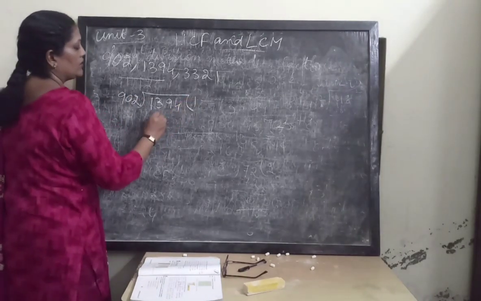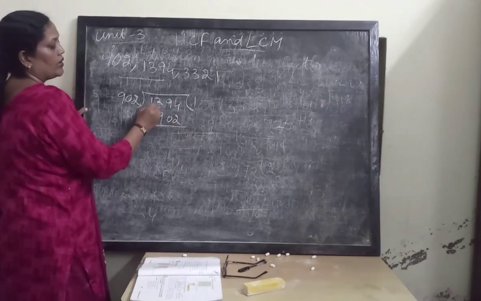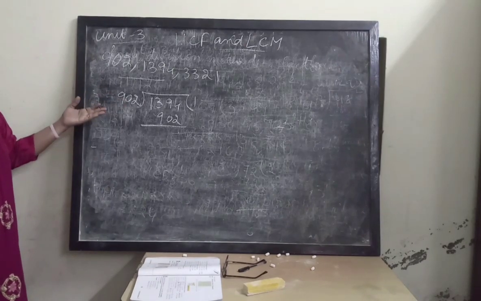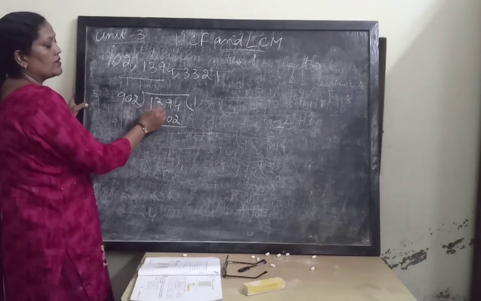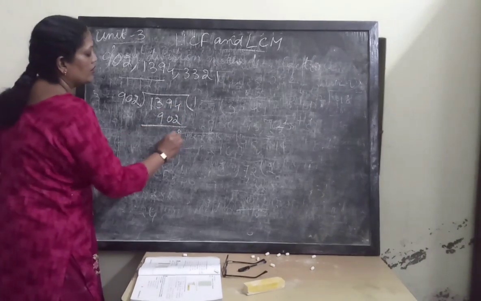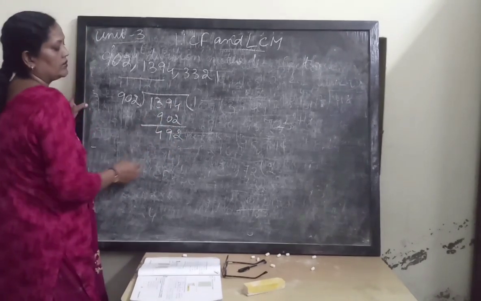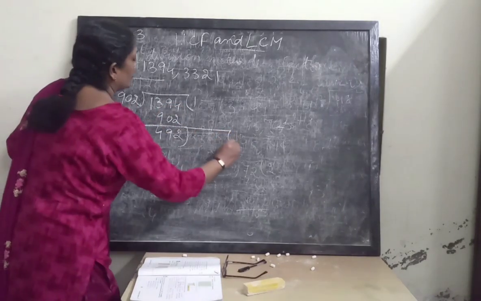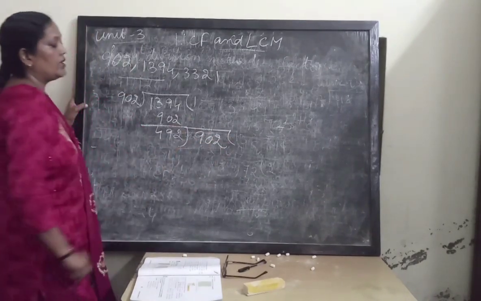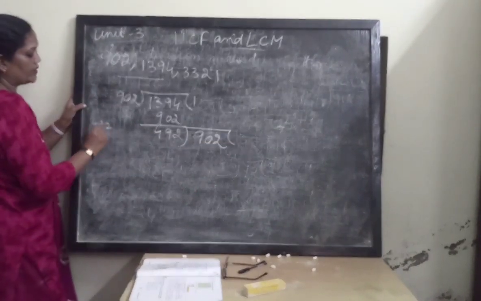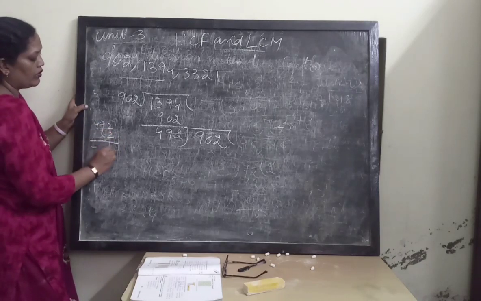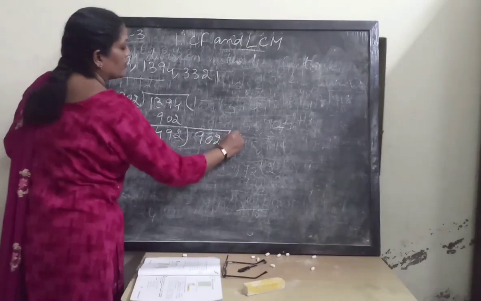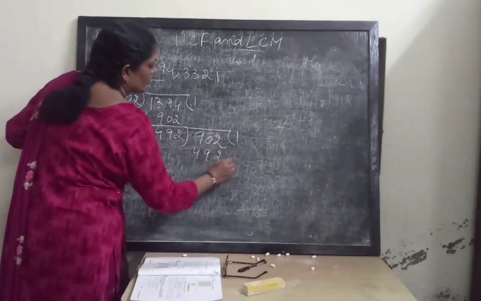902 ones are 902. Because 3 digits is smaller, we will take the 4 digits together. If you multiply by 2, you will get 1800 something, 1804. But it is greater than this number. So subtract it. 492. Now again we are not having any number. This divisor will become the dividend. Got it? I think 492 multiplied by 2 is 984. It is greater. So you will take 1, 492. Subtract it.